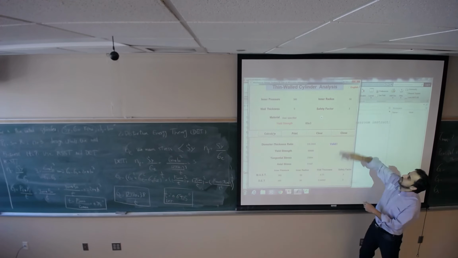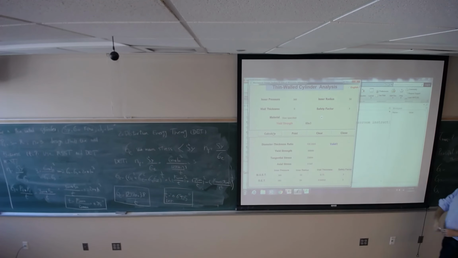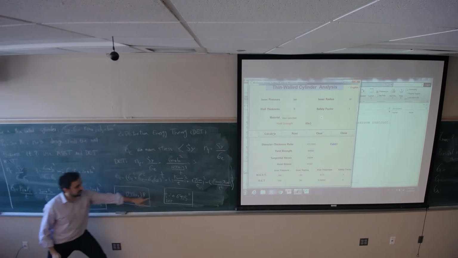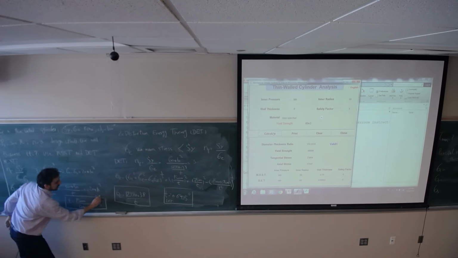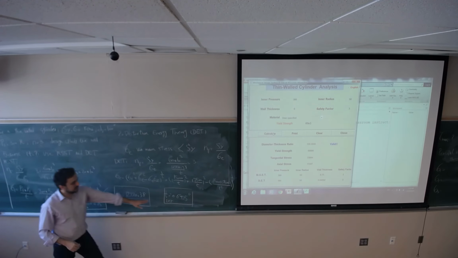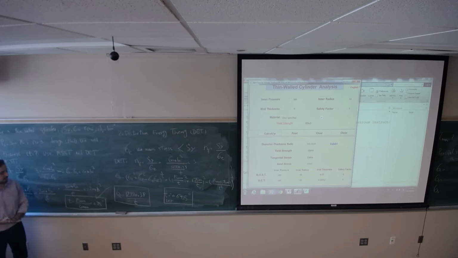If you are given the wall thickness, you leave this 0, and it's going to calculate the safety factor for you. If you compare these two, 0.75 versus 0.6495, this method is more conservative than the other one. Because this thickness is valid for the distortion energy theory, but we are going to fail on